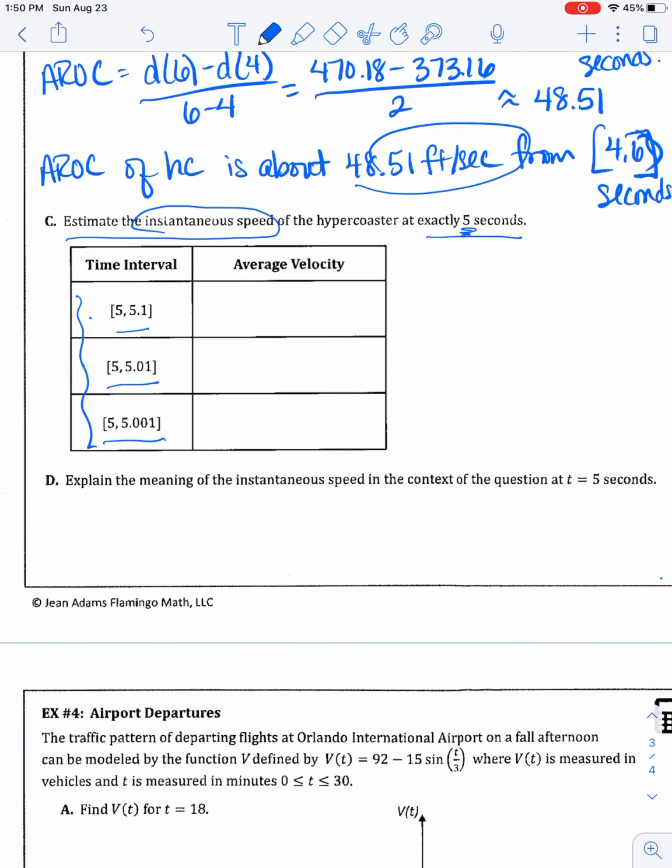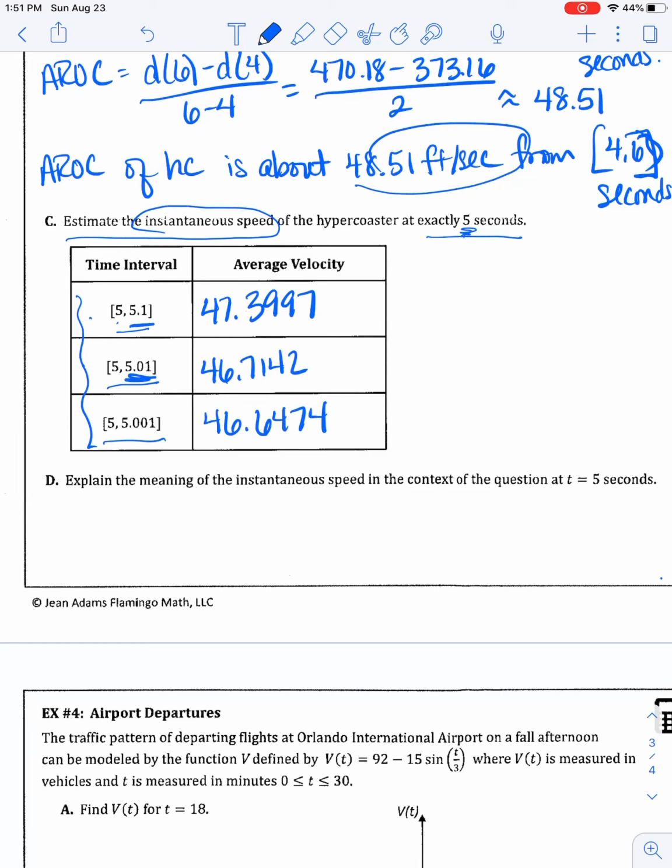Okay, so now I'm going to leave that function in my y equals. I'm going to go to my table. I'm going to start at 5. I'm going to change my delta table to 0.1. And I'm going to do y minus y over x minus x. And I'm going to get 47.3997. Now, I'm not working this out because I hope that you understand how to find slope, and you're going to practice this on your homework. Then I'm going to change my delta table to 0.01, and again I'm going to do y minus y over x minus x, and I'm going to get 46.7142, and for this one